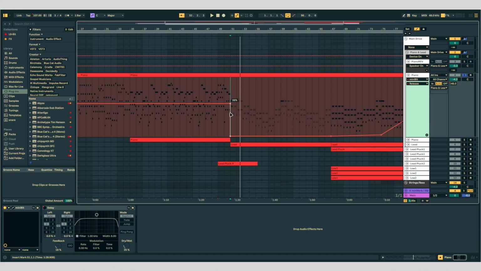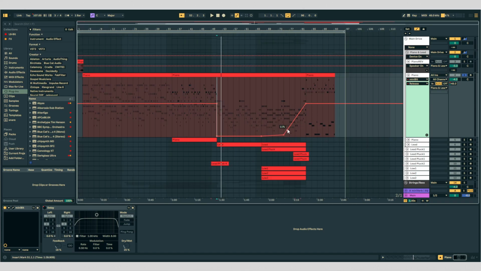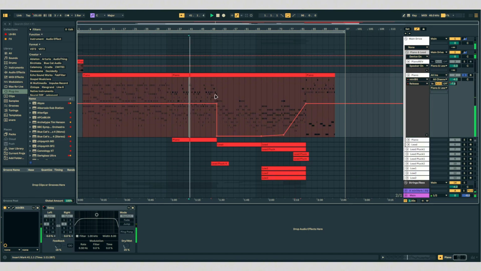So if you know the original track, then you know which part I'm talking about. This is what happens in the original, and I did want to kind of recreate that there, and I managed to do that by using an automation parameter, which I have dialed in here, and it does slowly fade back in as the song progresses. And that's kind of the basics of that. So it goes from this to this, all using the same instrument,